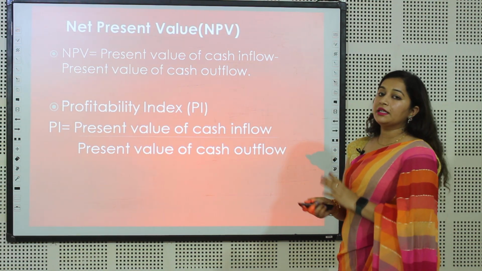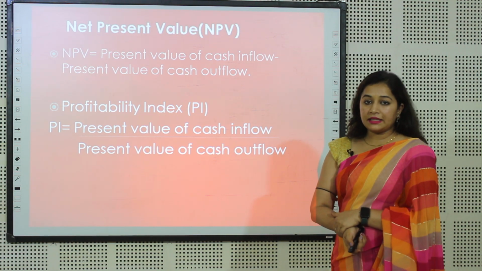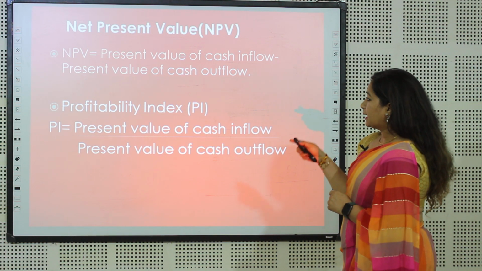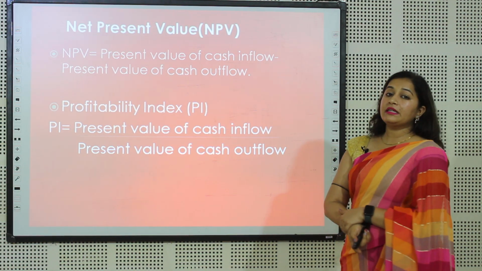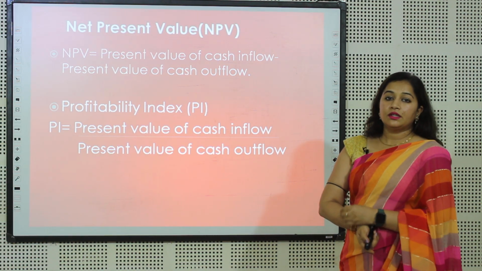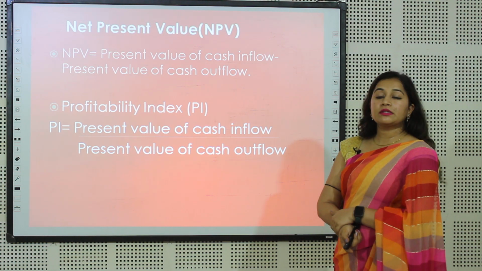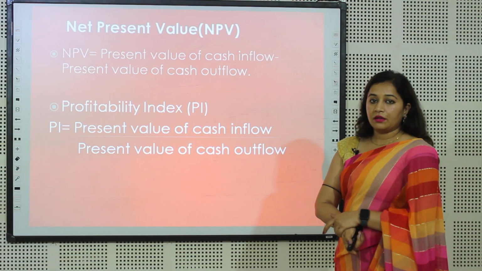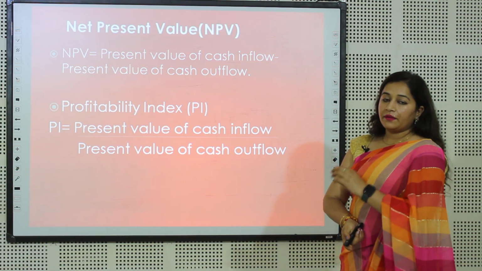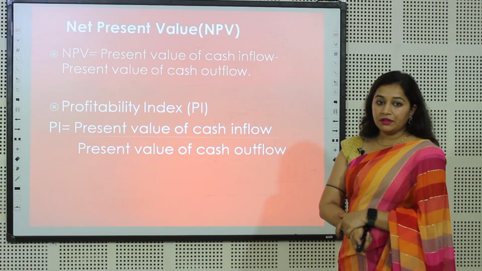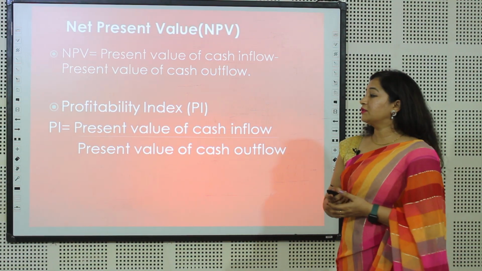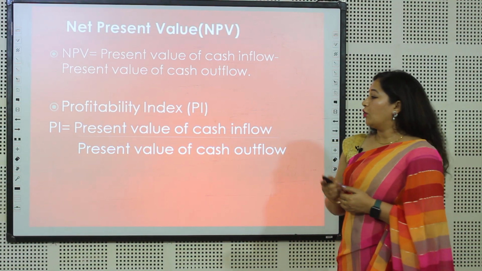On the other side, if the result is negative, the company will reject the project. Second is profitability index. The basic criterion of selecting the project in case of profitability index is that if the result is greater than or equal to 1, then the project will be accepted. On the other side, if the value comes less than 1 or negative,